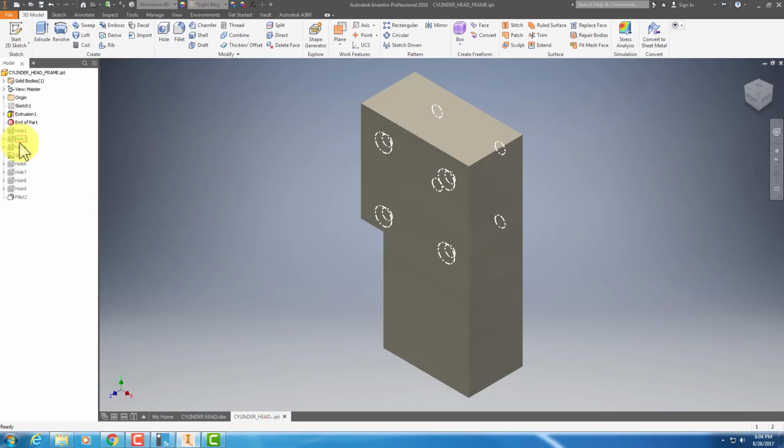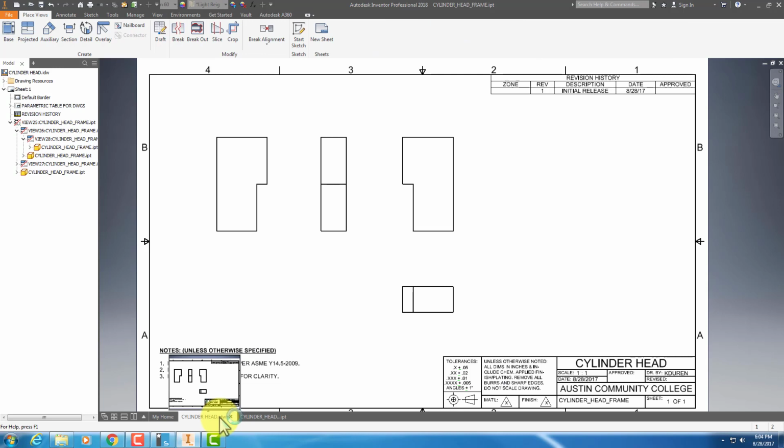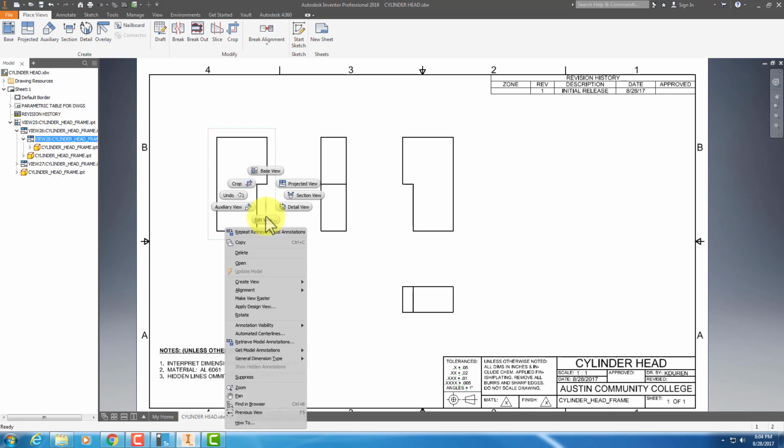So once we had our views in here, what I had done was I grabbed the end of the part here and I dragged it all the way up to the first extrusion. When we go over here, the views follow the part. So if I right click on this view and say retrieve model annotations,